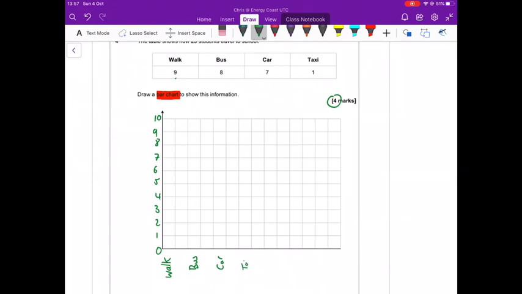I need a gap between each bar. So if I just make everything one thin and have a gap between each one, it's the easiest way to write it. And I'm going to write on the left-hand side